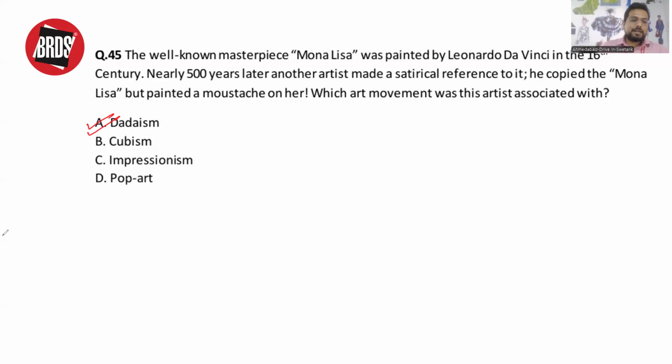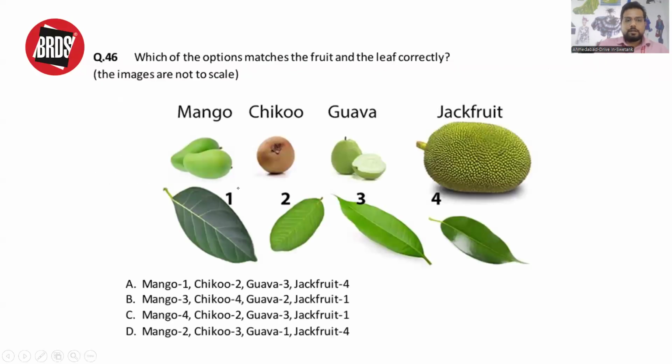Okay, but it is more of a drawing question rather than a logical one. Which of the following options match the fruit and the leaf correctly? A question based on the understanding of flora and fauna. Probably, if you have been through the PDF that is given to you from the BRDS,